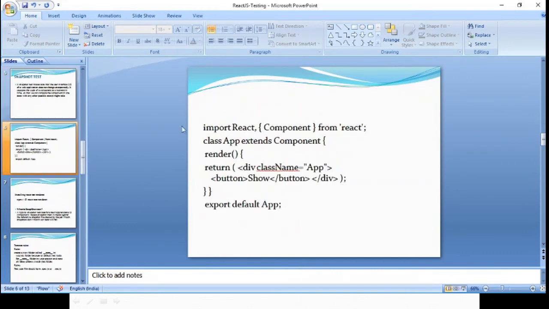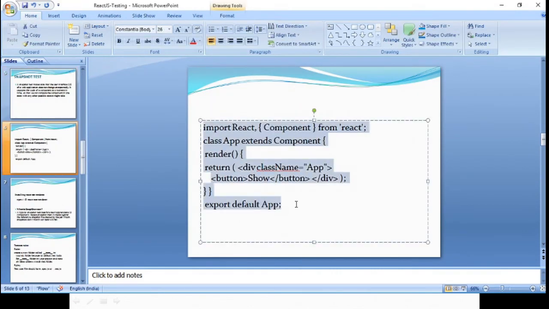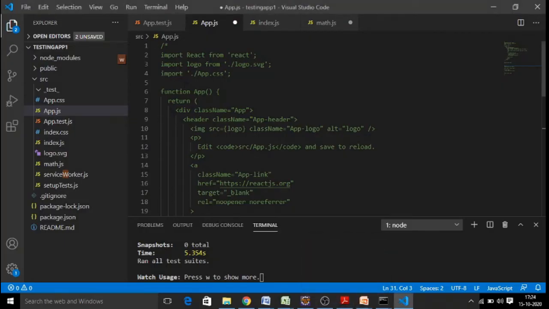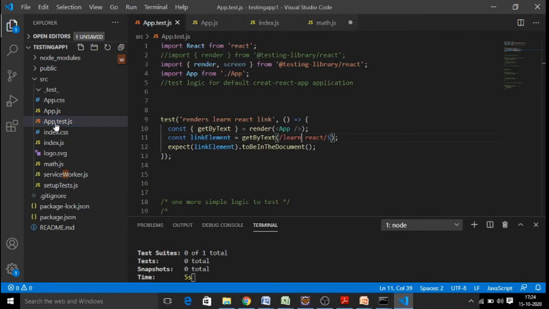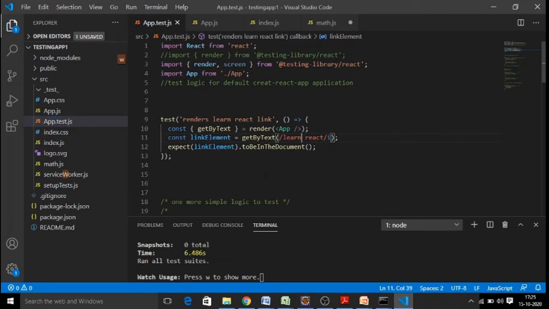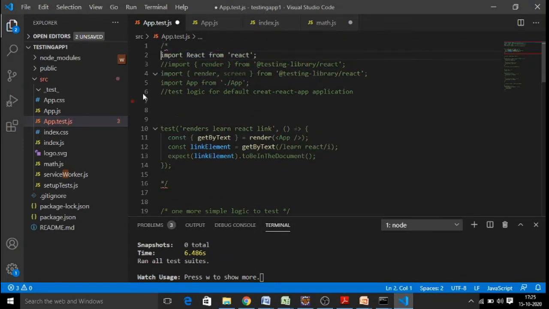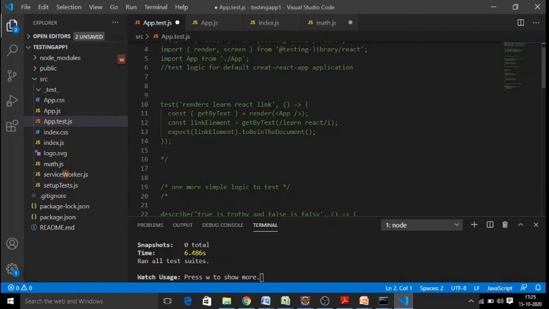So the example app component is this, where we are just going to display a button, right? Here let us make our app component like this. There is a simple button that we are going to show, and this is the component we wanted to test. So to test this, how do we write our test case? This is not the test case logic required. Now we have to test that app component by just checking the button. So how do we test it?